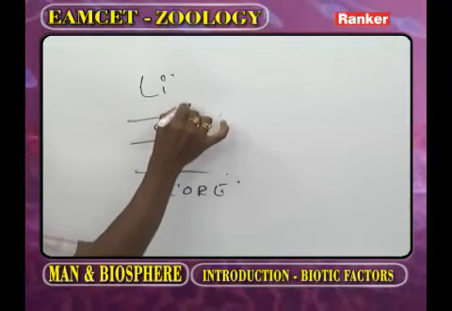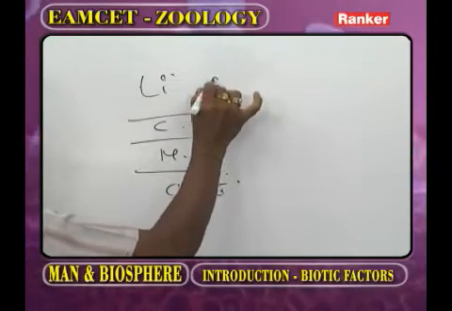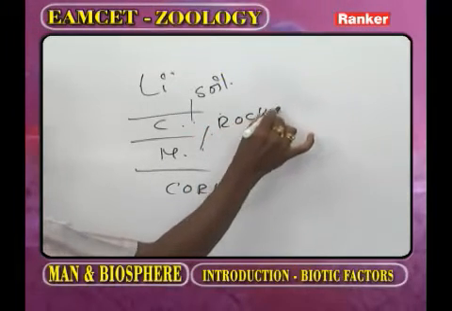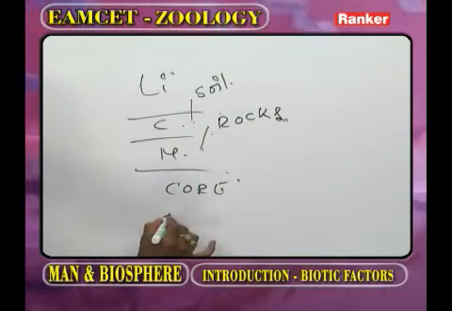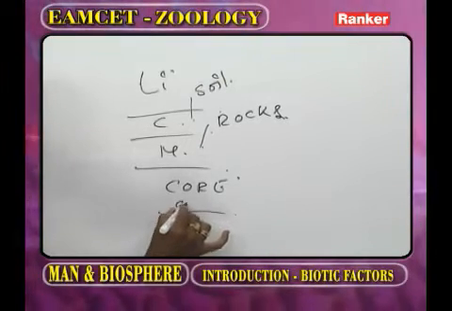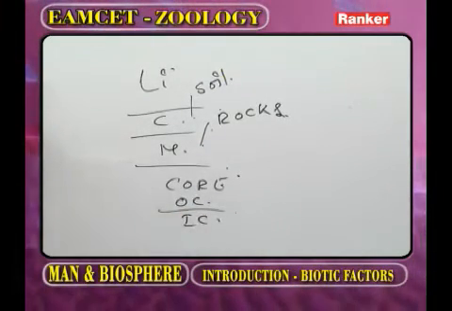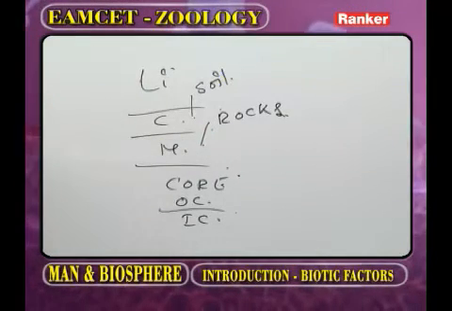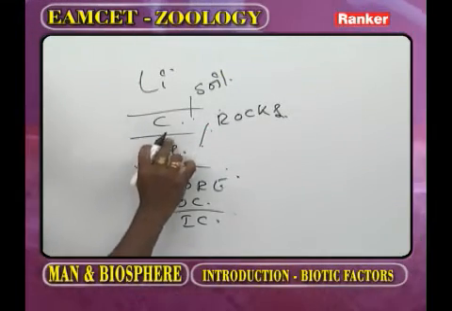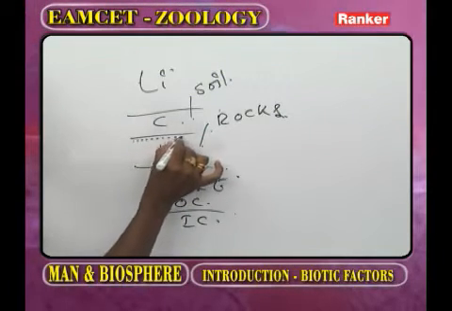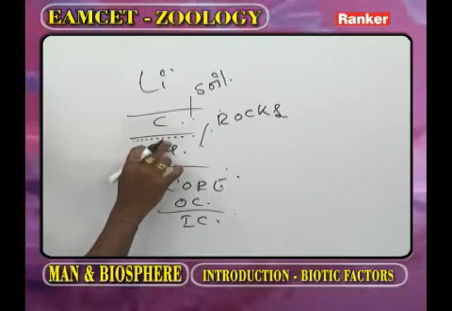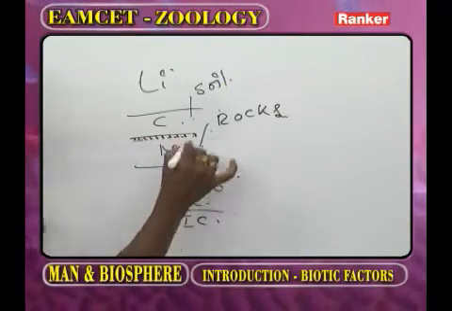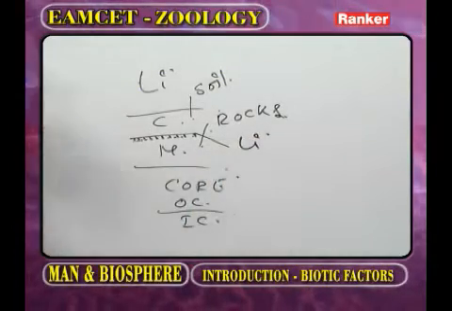Now as we observe the crust, it is covered by the soil. What about the mantle? It is in the form of rocks. What about the core? It is classified into outer core and inner core. Here, what is the question? The uppermost mantle along with the crust. This is the uppermost layer of the mantle. The uppermost layer of the mantle along with the crust, that part we call the lithosphere.